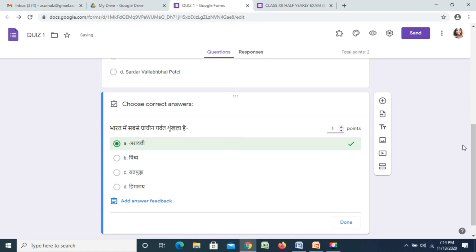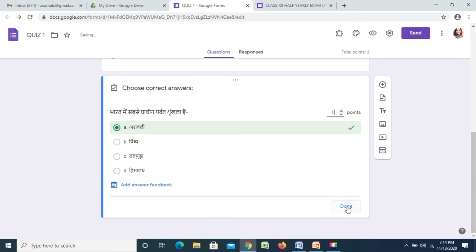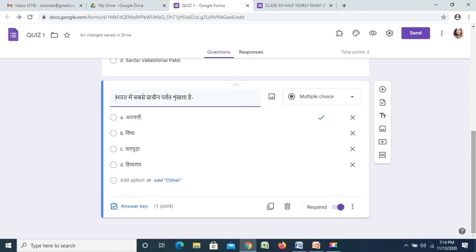Give value point to it and then click done. For maths it will be a little bit difficult because in Word we will be using equations, but those will never get pasted in Google Forms because Google Forms uses another format called LaTeX. You need LaTeX to type it, but you need practice for it. For other subjects it is easier. For mathematics there is another option called quiz.com that we will discuss in later sessions.